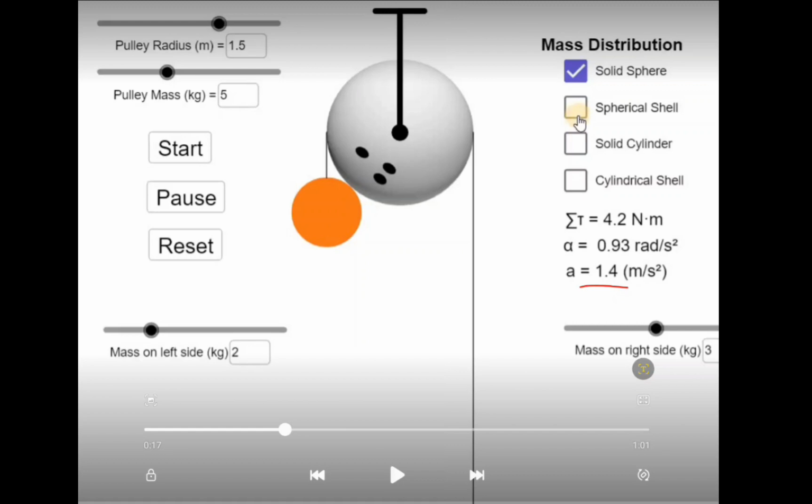The tangential acceleration equal to 1.42 meter per second squared, alpha is equal to 0.93 rad per second square, and the net torque equal to 4.2 Newton meter. Now if we modify the pulley and use spherical shell,